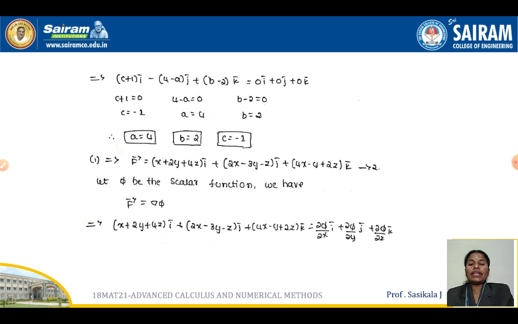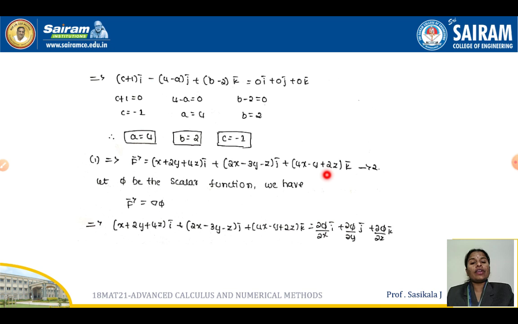After finding the determinant, you get (3c plus 1) into i vector minus (4 minus a) into j vector plus (b minus 2) into k vector, which is equal to the 0 vector. So combine the terms: first one, c is equal to minus 1; minus (4 minus a), sorry, this minus will come here, minus into minus will go plus, so a is equal to 4, b is equal to 2. So you found your a, b, c values. Once you have your a, b, c values, substitute them in your f vector, and you will get the complete f vector without your unknowns.